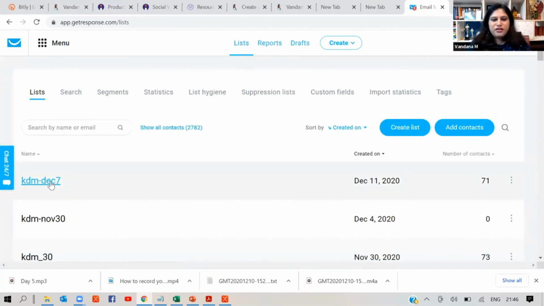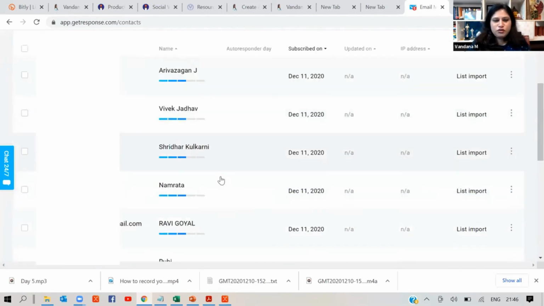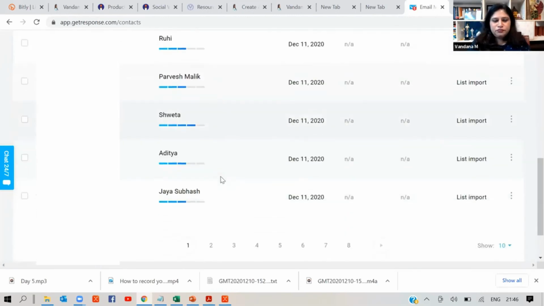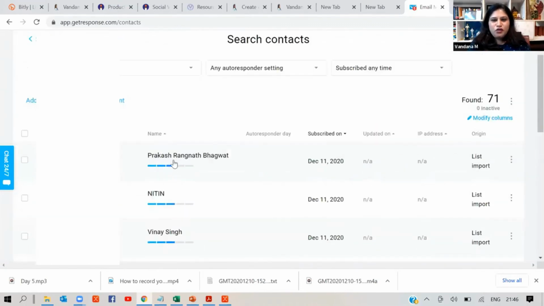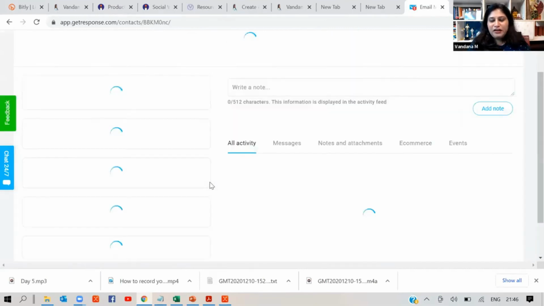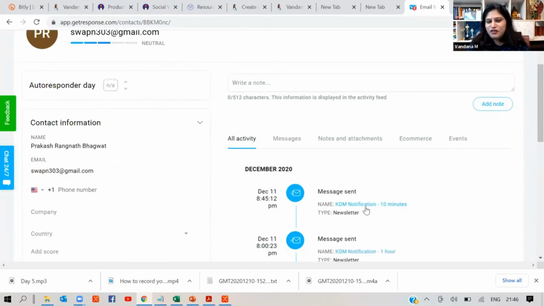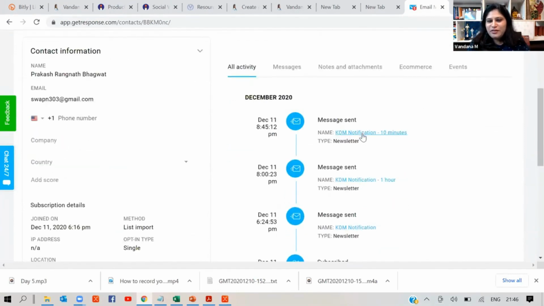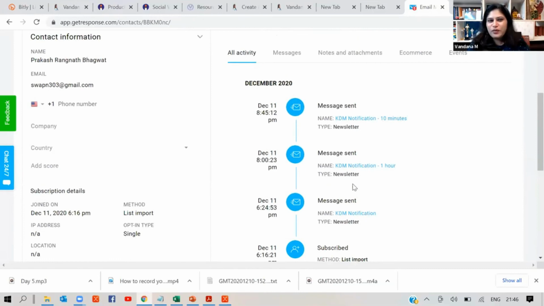See, all of you are in the 7th December list. Some of you can see your names also here. Jaya. So the list is here, and you would have received an email from us once you paid, but it may have gone into promotions. See, the message was sent. You got some messages 10 minutes earlier, 1 hour before. These are the messages that have been sent to you. It gives a lot of reporting as well. A very powerful tool.